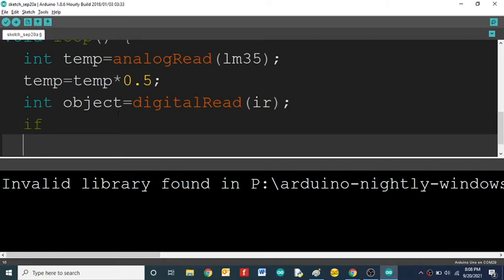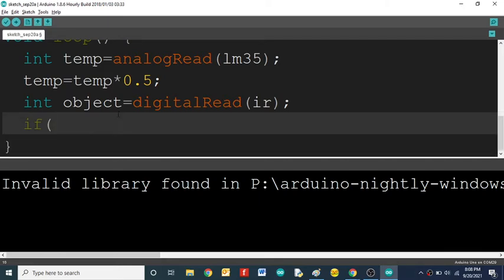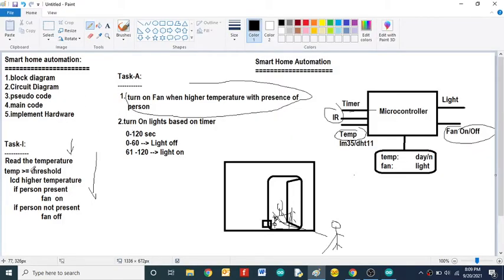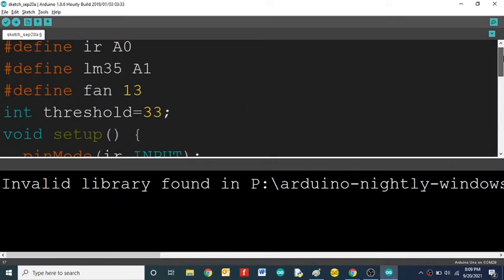Go for the condition. I will take if temp is the variable, greater than or equal to the threshold value. If it reaches the threshold value, then print the information on the LCD, right? Here I have the LCD. Otherwise you can print on the serial monitor, no problem. Since I am using the LCD here, I need to include the LCD also.